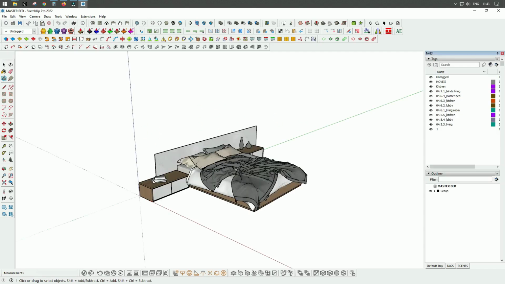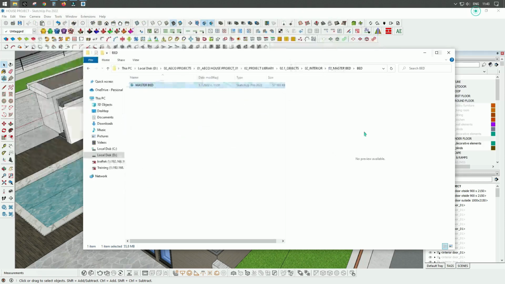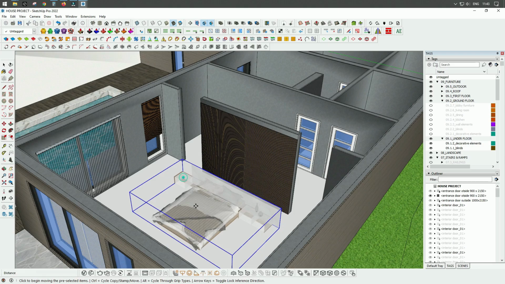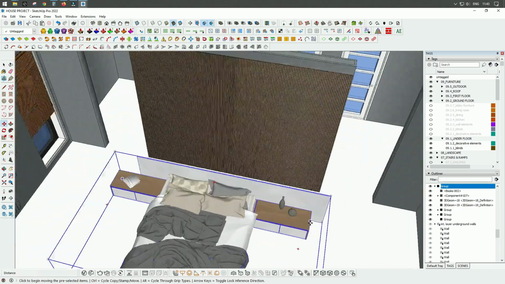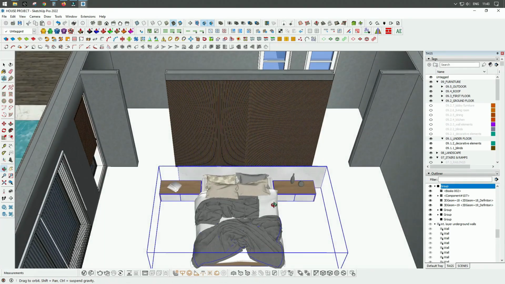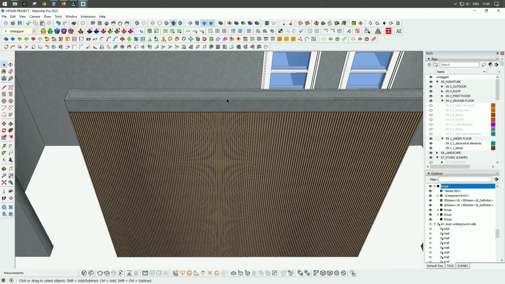and then if it is necessary I will adjust parts of this bed. This is our bed, and let's say so I can copy and then I can go and paste into our model. It is here, and as you can see it is some kind of unsymmetric with this table here,